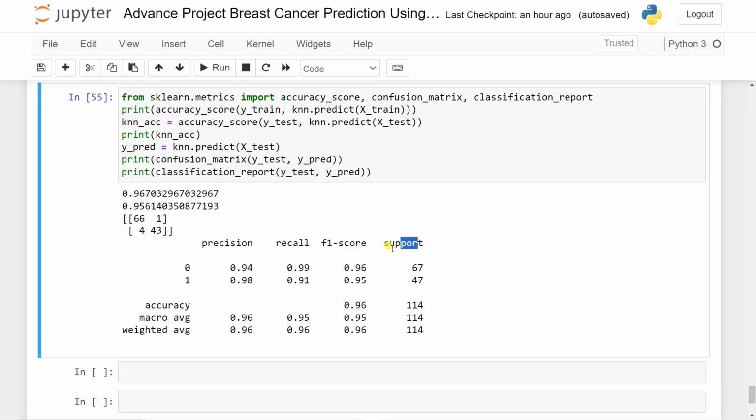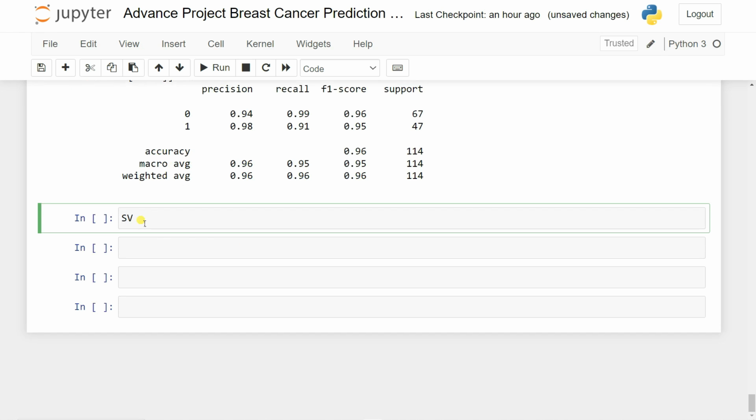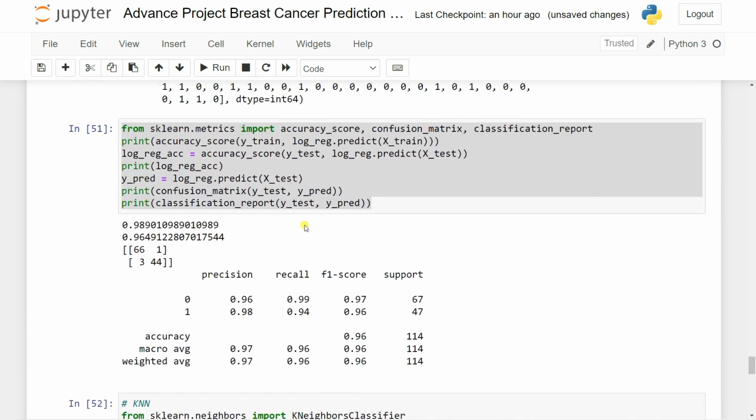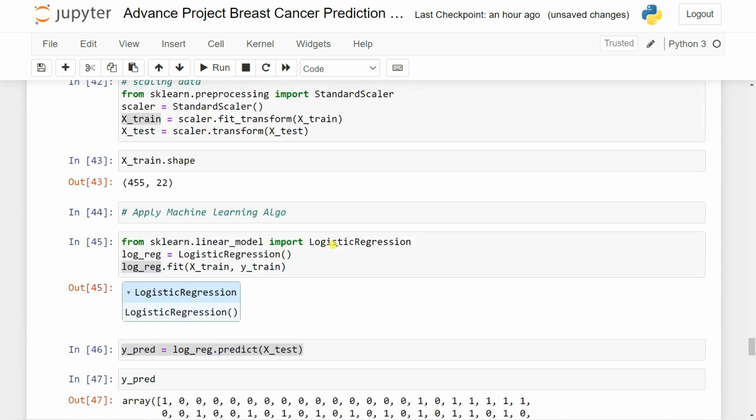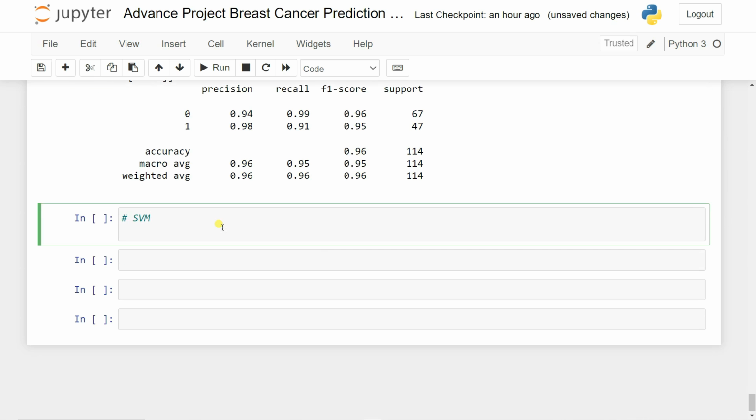support. Now let's try to check the SVM, support vector machine. See, this is nothing but the basic machine learning algorithms. You can see here the logistic regression and also the KNN. Now the SVM has some hyperparameters. You can use hyperparameter tuning to select the best parameters inside our SVM. Okay, so for that, first I'm going to import here